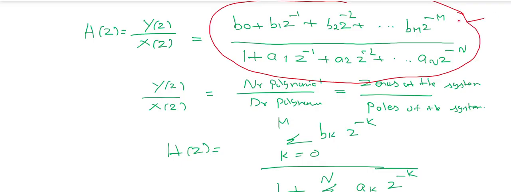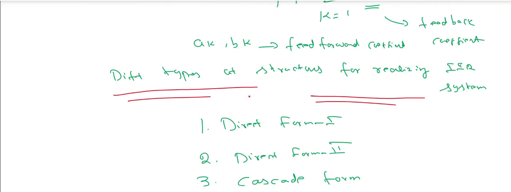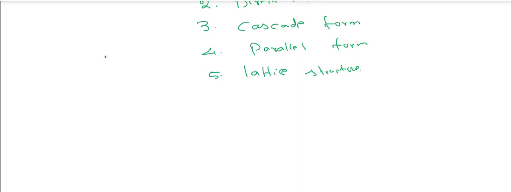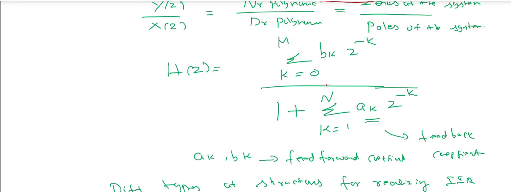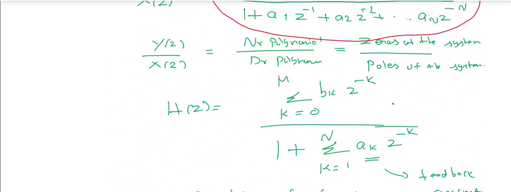So directly we can realize this system with these coefficients b0, b1, b2, b3. So we'll see how to realize the system in direct form 1 structure and direct form 2 structure. The direct form 1 structure implementation. If you see here, this is an all zero system, this is